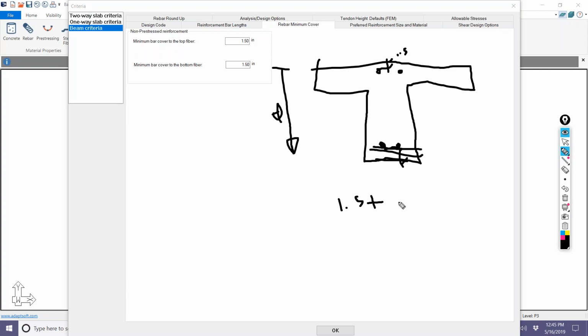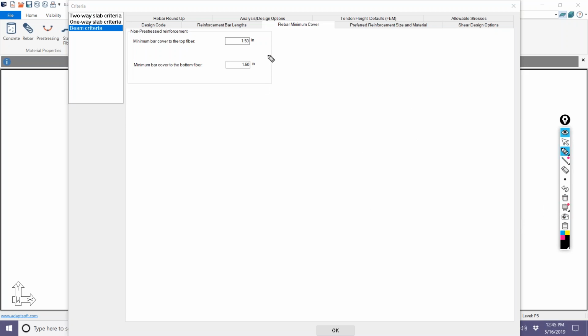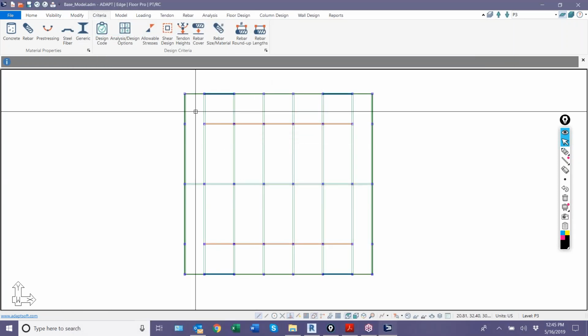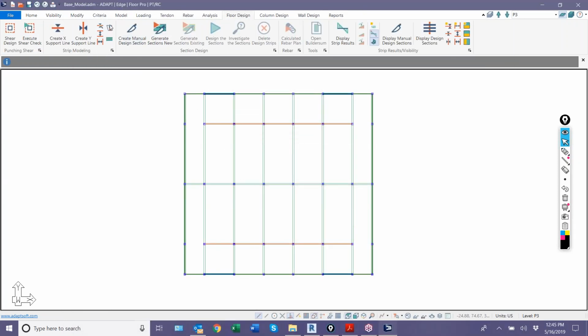So the effective depth in this beam design, if this cover is set to 1.5 and we have an inner bar, that cover is actually going to be 1.5 plus 1. It'll be 2.5, which is too much, right? This will become conservative in this case. So what we would want to do, let's assume we actually want to cover to the stirrup of 1.5. We're going to add in the stirrup diameter. So we'll say that this actually becomes 2. We'll just say 2 top and bottom. But we want to make sure when we set the strip up,